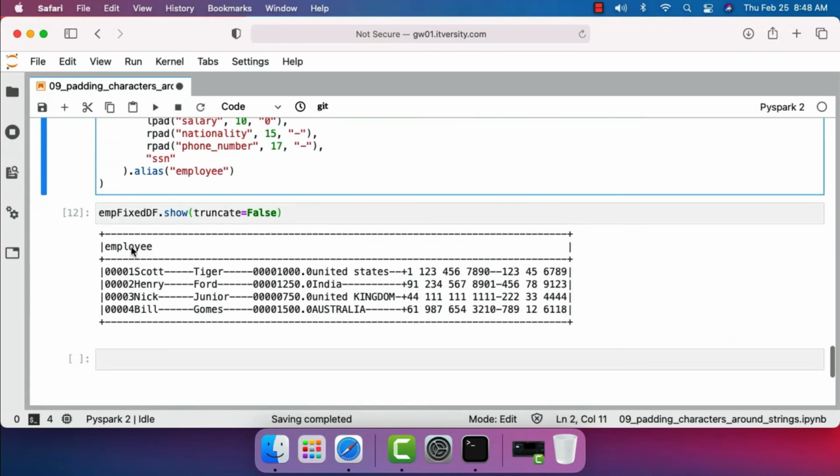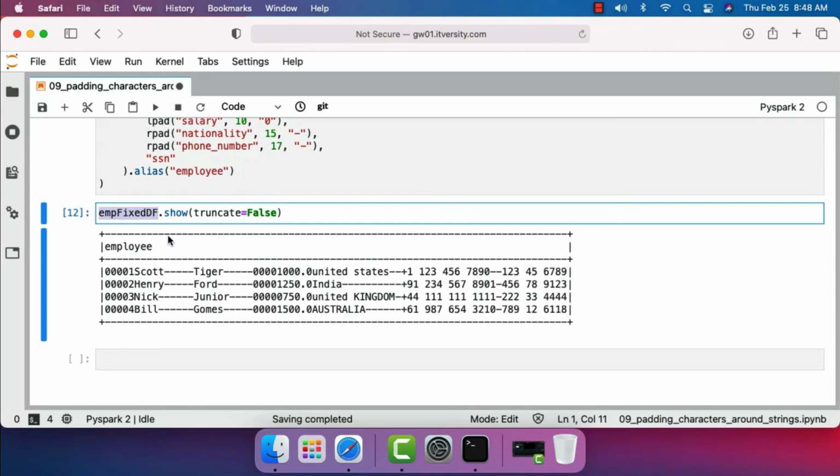You can see the single column data frame. The data frame name is nothing but emp fixed df. It has one column by name employee and you can see the records here. They are nothing but fixed length records with all the field values concatenated one after the other. This is how you should be able to use pad functions to generate the fixed length records from the existing column values.